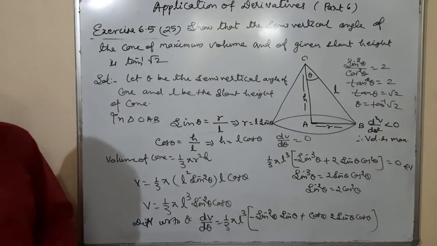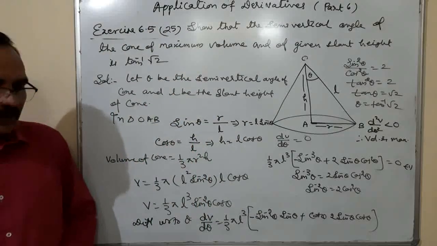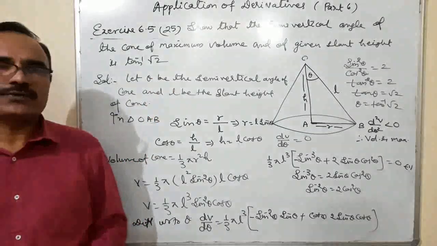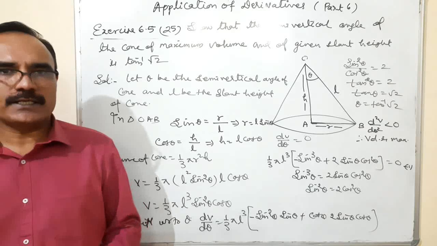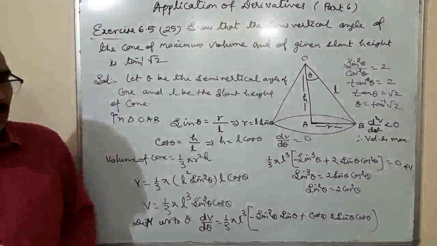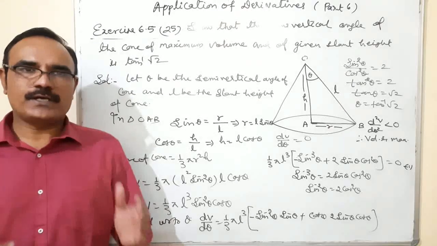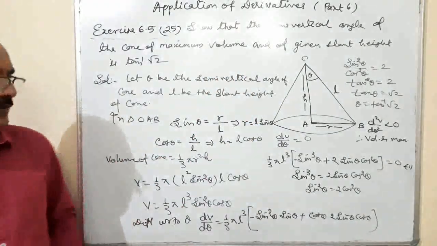So that's all for this exercise. The remaining questions will be done by yourself. By the way, I'll send you a link in which the solutions of all the questions are given. So if you have a problem solving any question, you can see the link also. You can see the solution. But my suggestion is you try to solve it yourself. Read the question 2 times, 3 times, make a diagram and then try to solve it.